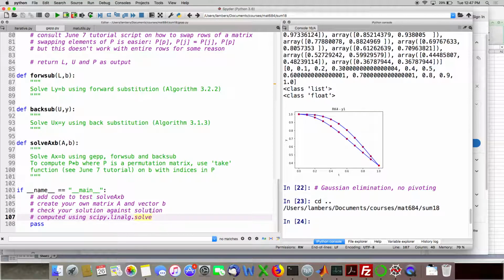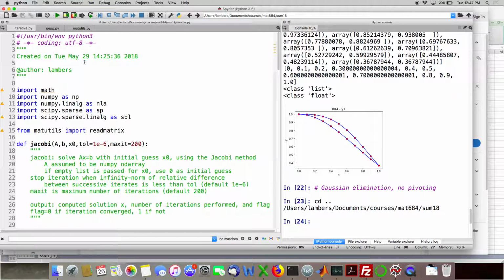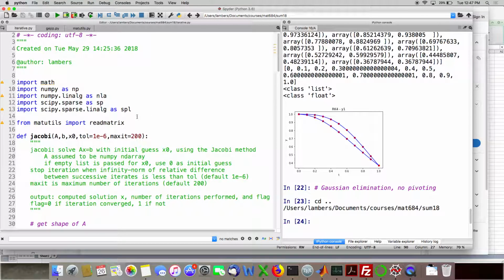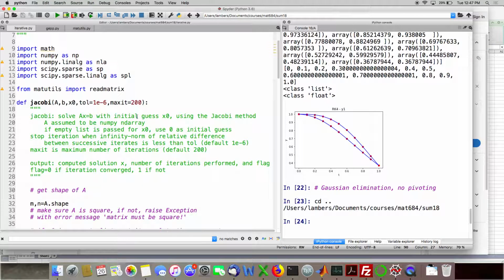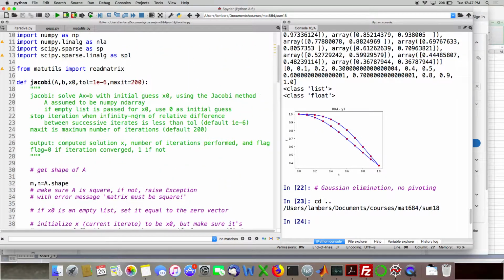Okay. So any questions about the direct method part of this? For the other file, iterative methods. Okay. All